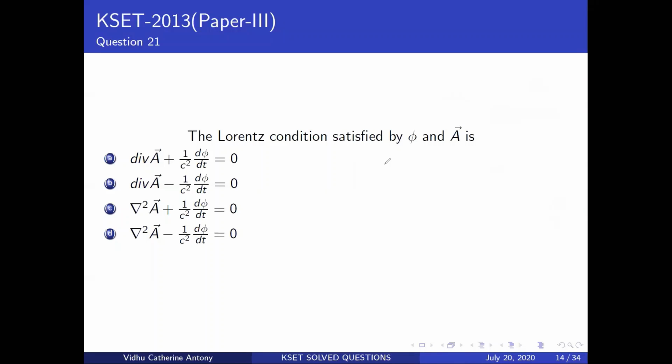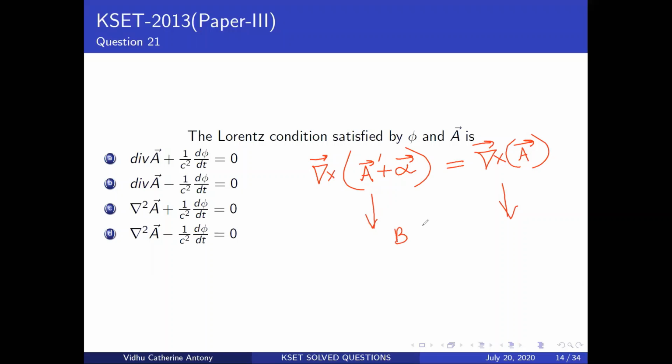I'll just quickly go through it for you. Basically, if I write A plus alpha and take a curl of that, and I'm telling you that is the same as curl of A vector, both of these are going to give me B. The condition that I require to satisfy is that this is equal to 0. After I simplify, you'll have to work it out a little bit, and you end up getting something like this.